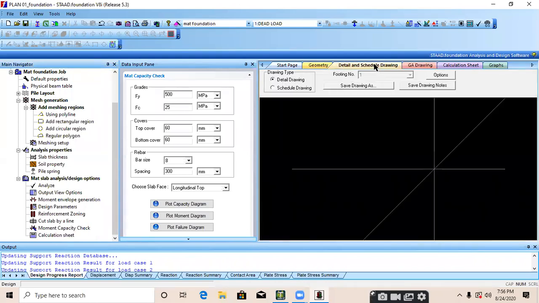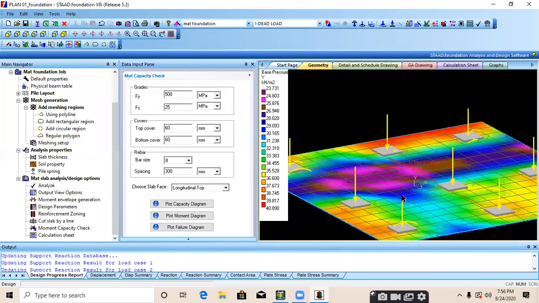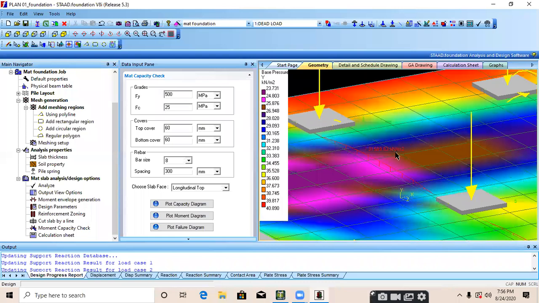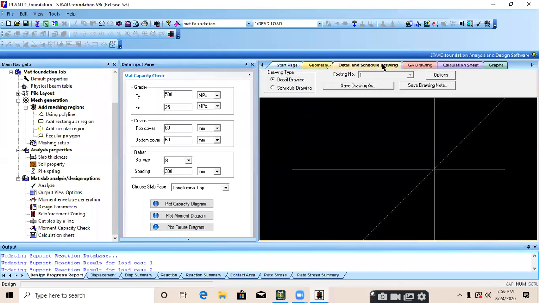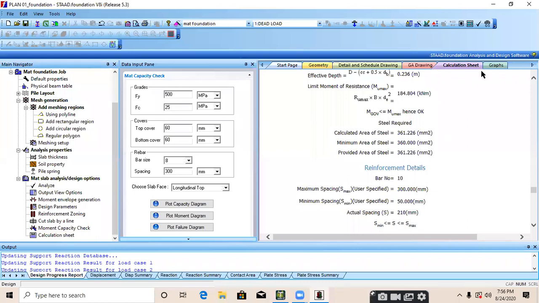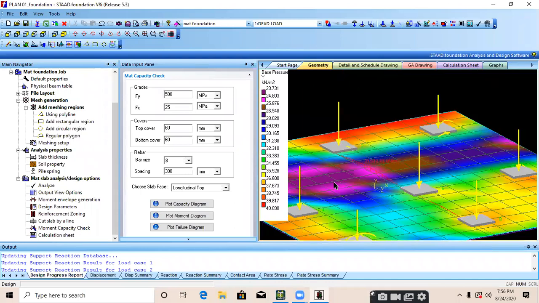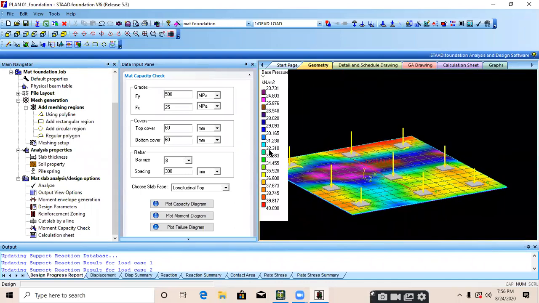There is no GA drawing, no detail drawing, no geometry. In geometry also, it will show you all the diagrams, but there is no schedule drawing and detail drawing and no GA drawing. There is a calculation sheet. It is all about the mat foundation.